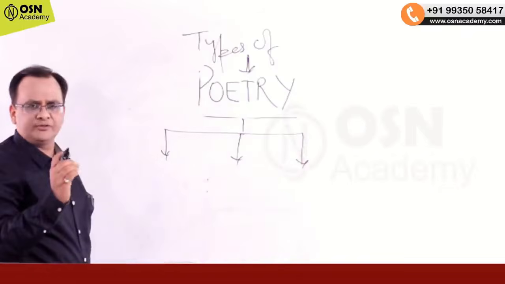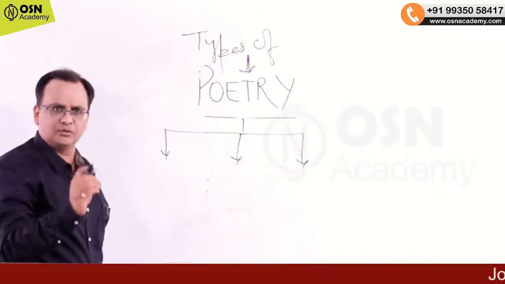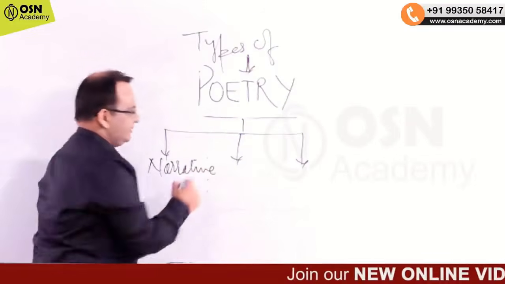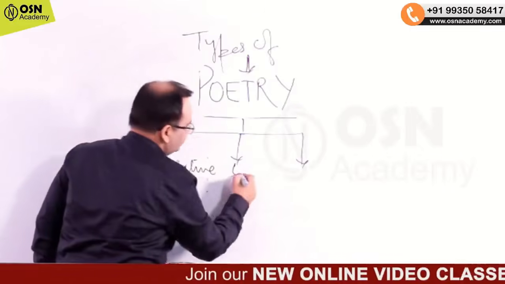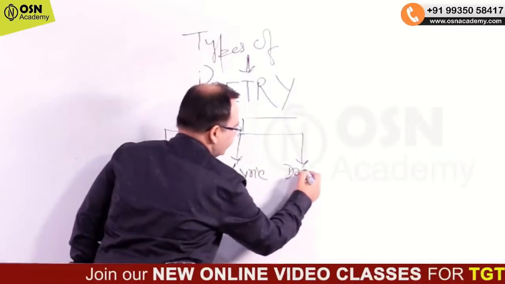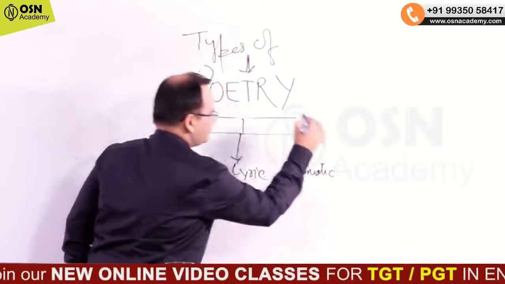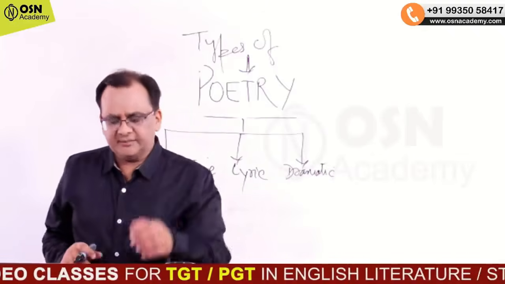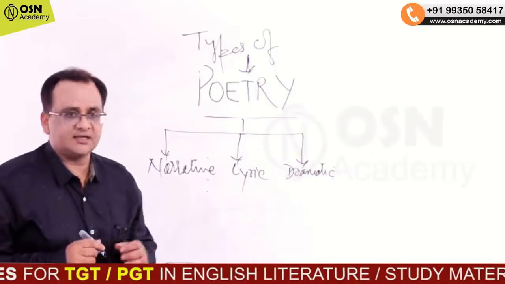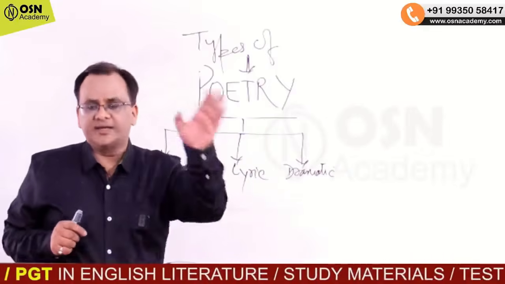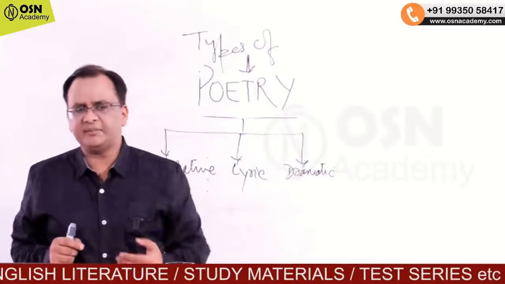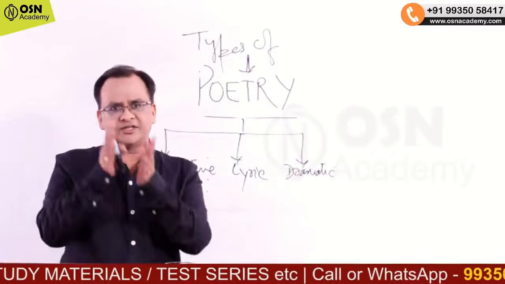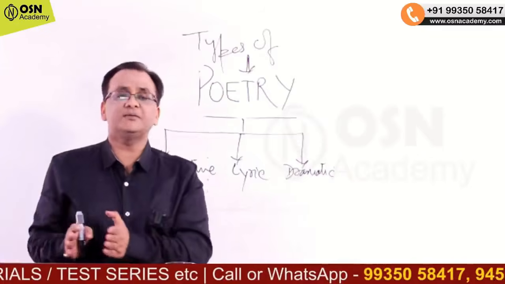The first kind of poetry which you have to remember or read for your course is narrative poetry. Then comes the lyric poetry, and then you come with the dramatic poetry. Always remember, in any interviews अगर आपसे कोई पूछते हैं, tell me the types of poetry, you can immediately answer students, narrative, lyric and dramatic. Now, the second step is that you have to also know what is narrative poetry, types of narrative poetry, types of lyric poetry and types of dramatic poetry.